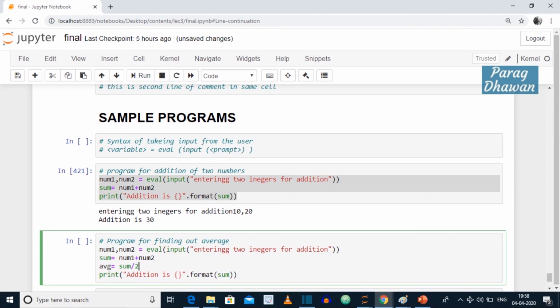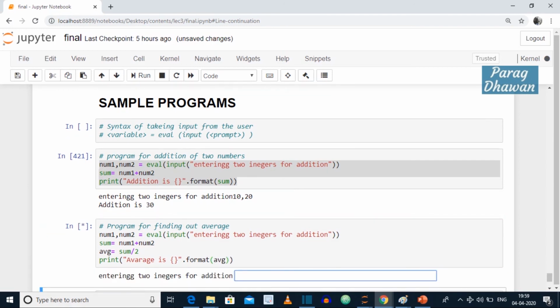It will divide as floating point. If you use a single slash, it will do a floating point division. And the average is here, you will do average, and in case of sum we will print the variable as avg. We run the program. If I write 10 comma 10, sum is 20 and average is 20 divided by 2, that is 10. So we print both the values.